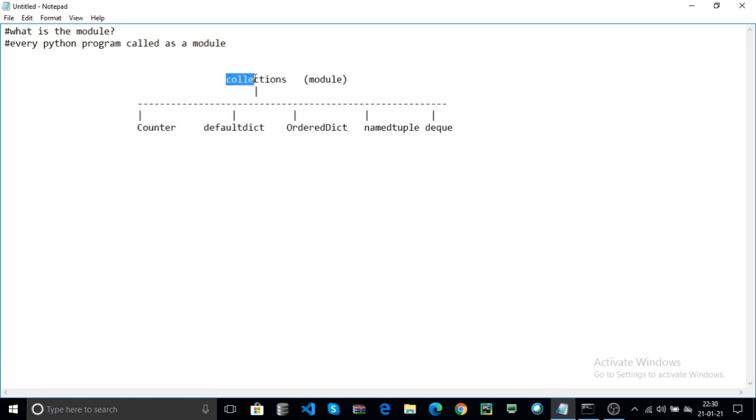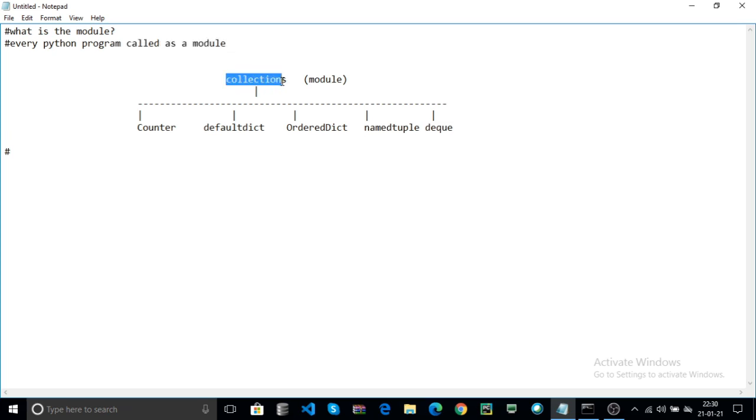Here collections is a Python module. In that module we discussed the Counter function, defaultdict function, OrderedDict function, namedtuple function and deque function. That means every Python program is called a module.